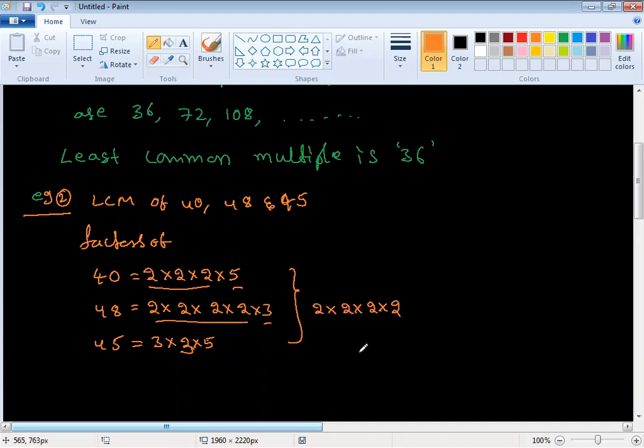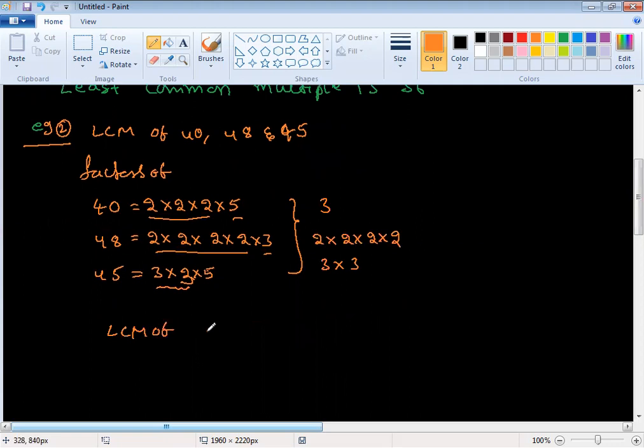And after that, go for 3. And where you will get 3 maximum times. Here 1 time, here 2 times. So consider this 3 into 3. After 3, what is the remaining number? 5. Maximum and minimum only 1 time. That is consider here or here, whatever it is, no problem. I'm taking here 3. Now multiply all these numbers, you will get